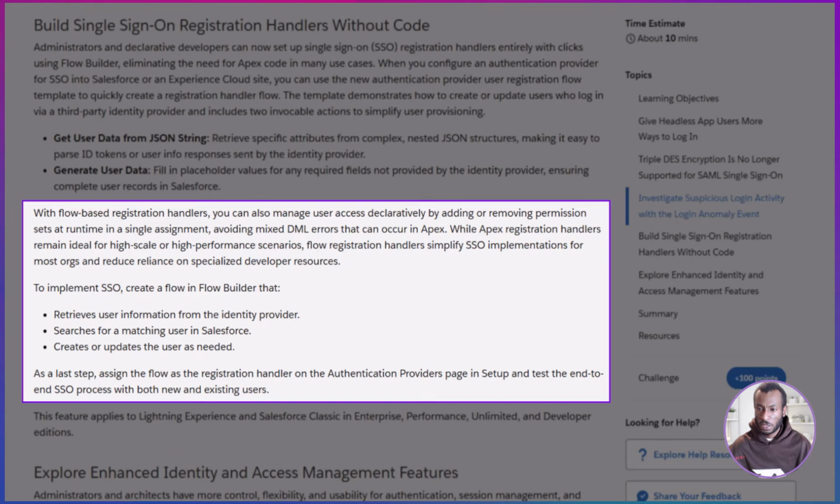Once your flow is ready, you assign it as the registration handler in Setup under Authentication Providers, then test sign-ins for both new and returning users to confirm mapping and access rules behave the way you expect. Apex is still there for edge cases and very bespoke designs, but for most orgs, Flow gets you to a